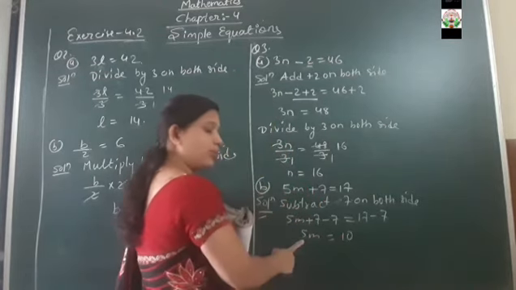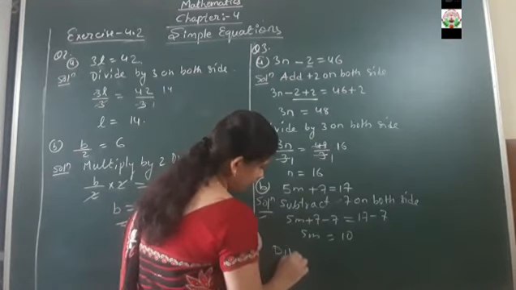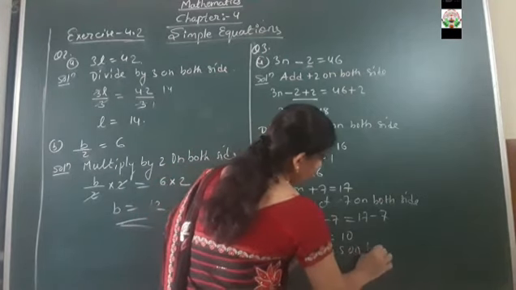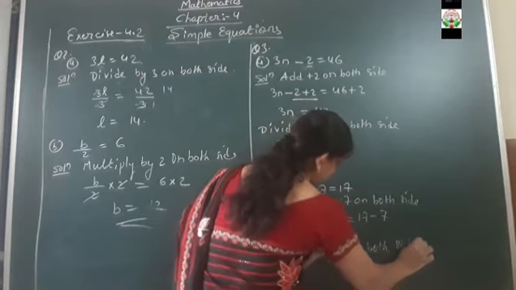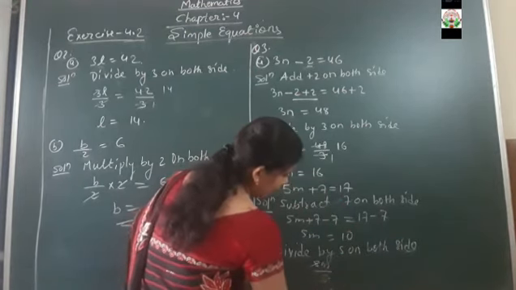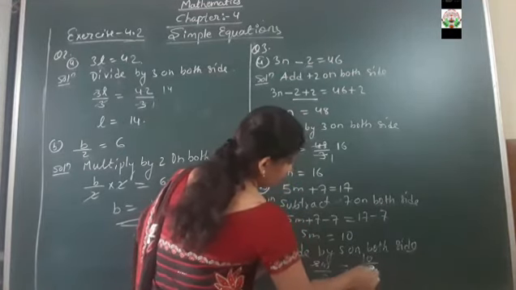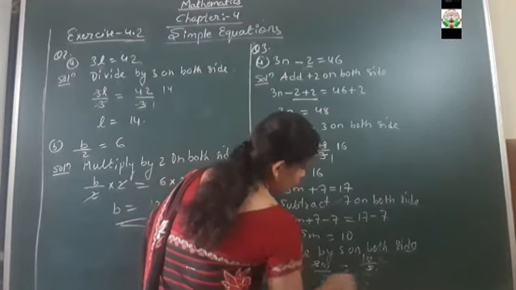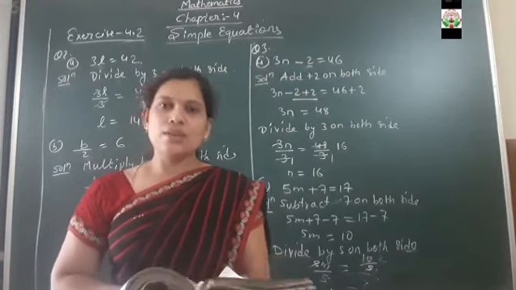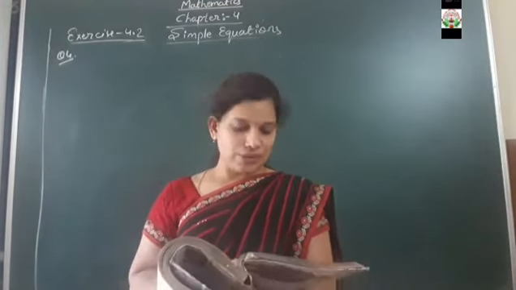Okay. Now what you have to remove? You have to remove the coefficient of m, which is 5. So divide by 5 on both sides. So यहाँ पर 5 से डिवाइड करेंगे तो आंसर क्या है? 5 will get cancelled. m is left out. Here when 10 is divided by 5, it will be 5 ones are 5, 5 twos are 10. So what is the value of m you are getting? The value of m will be equals to 2. Clear?